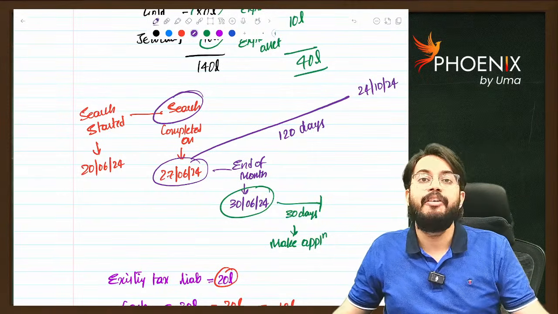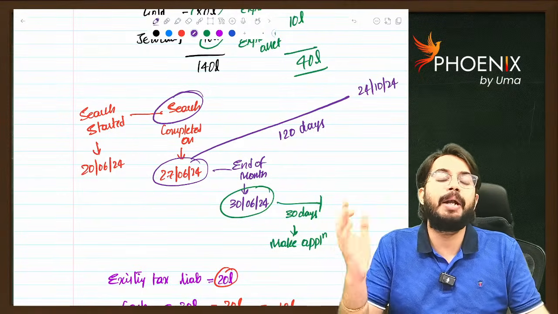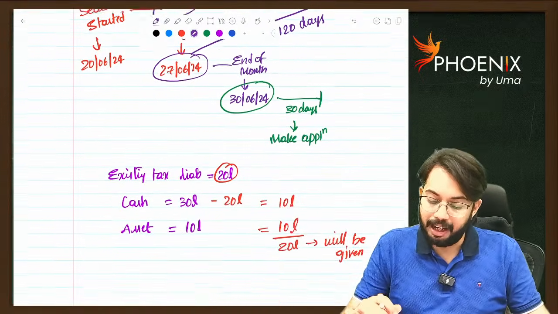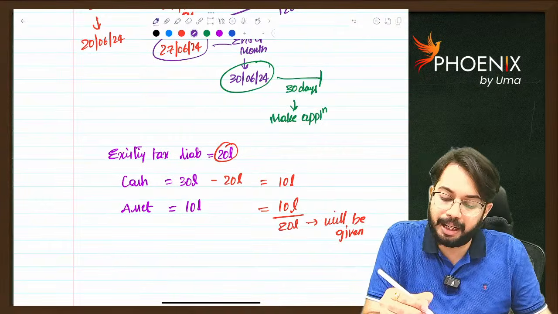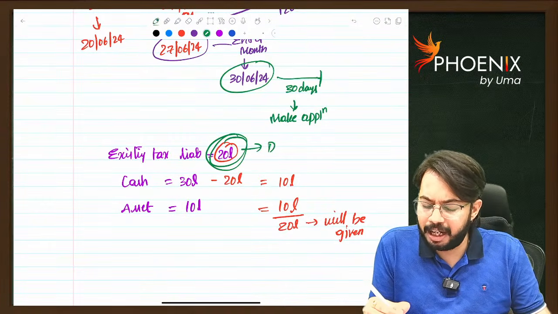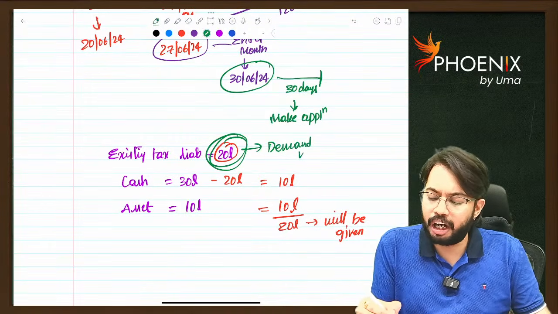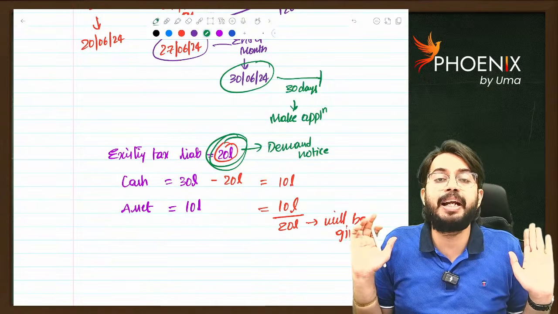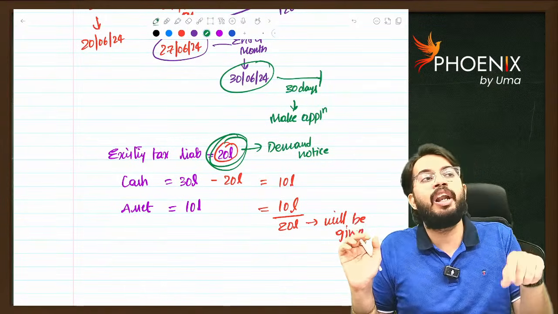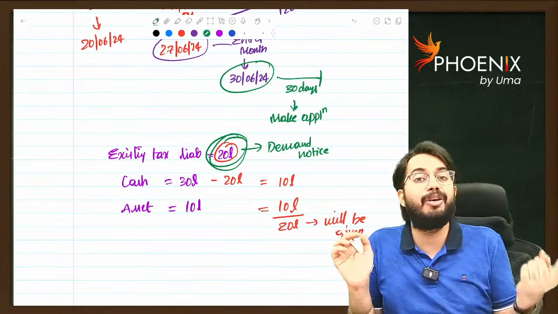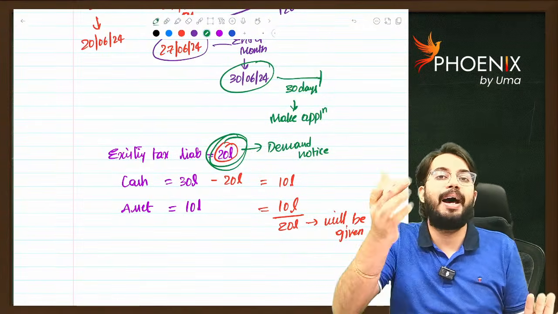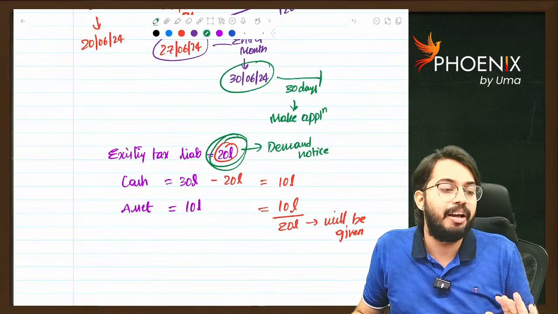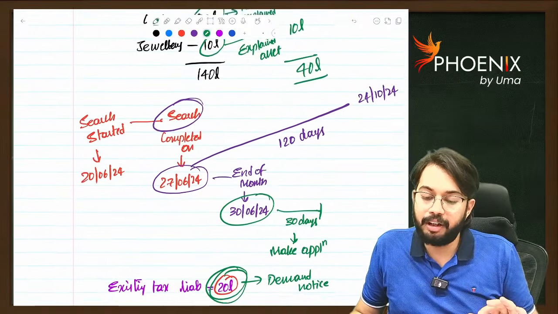Within 120 days from date of completion of search, department will give back the explained assets after adjusting the existing tax liability. Here existing tax liability means whatever tax liability for which demand notice was already issued. I did not pay advance tax. Can they reduce advance tax from explained assets? No. Whatever already existing tax liability for which demand notice was issued, that they can reduce, and balance they can give. Balance explained assets will be given to me within 120 days from date of completion of search.